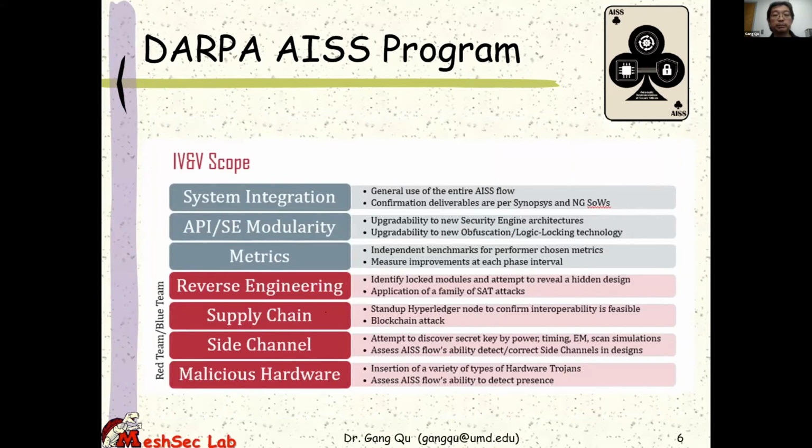To be more specific, what do we do in the DARPA ACE program? This is the scope, from the slides of the kickoff meeting of the DARPA ACE program. What we do is the assessment, and you have these 7 bullets here. The last 4 are the 4 technical areas, which talk more about the system integration part.